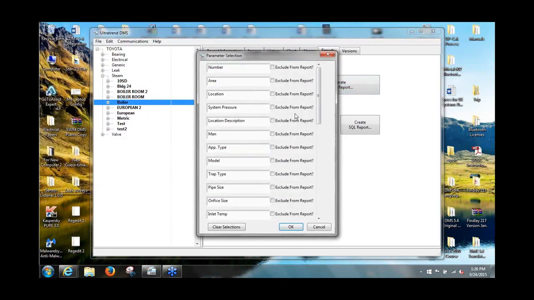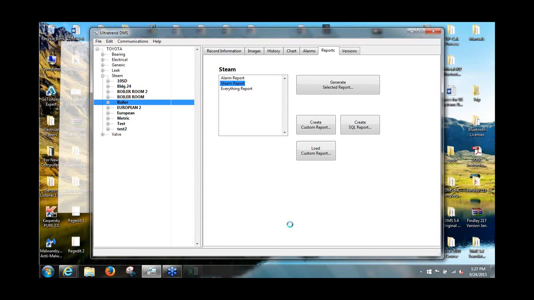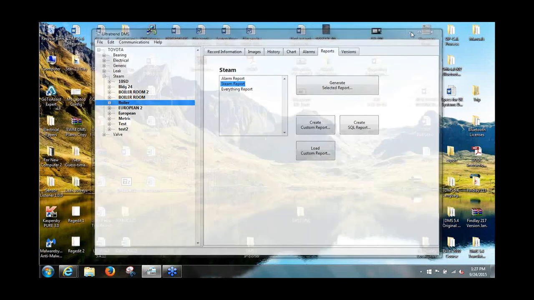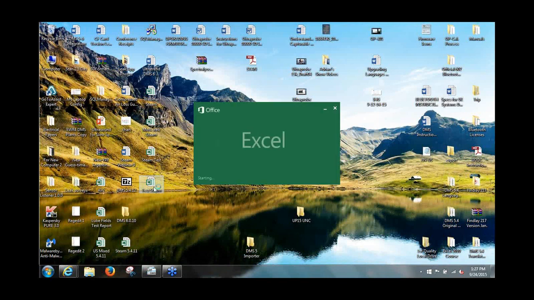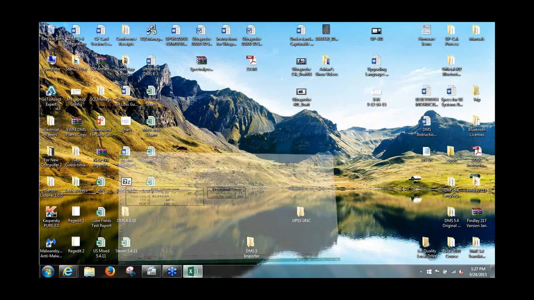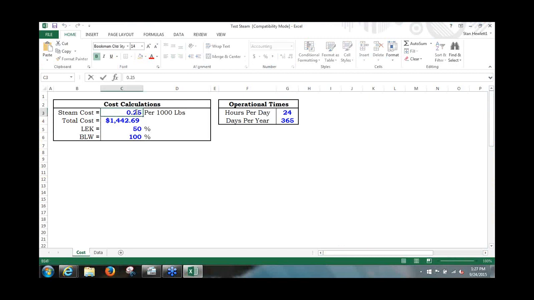Hit OK. And I'm going to leave everything in place, but again, this is where you can exclude certain areas of the report so that it doesn't look so overpowering. Hit OK. We're extracting the information and putting it into a spreadsheet. Now all we have to do is find that report, open it up, and then we basically type in the value of the steam cost,